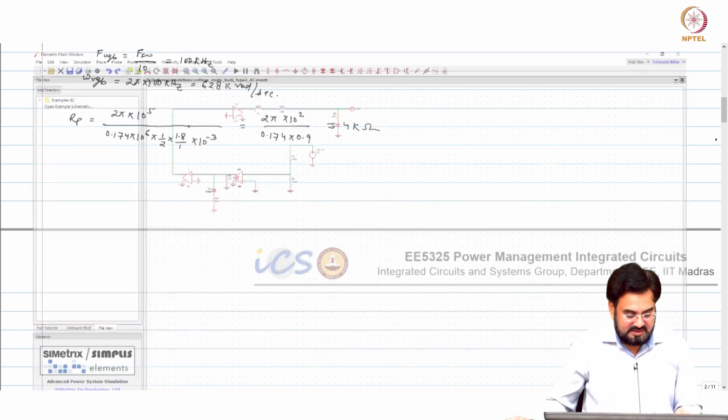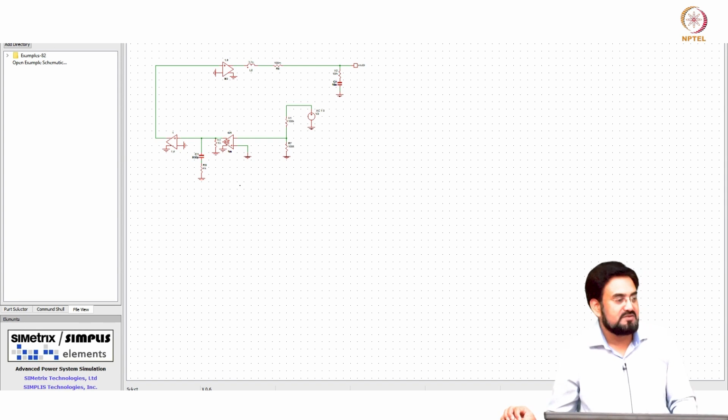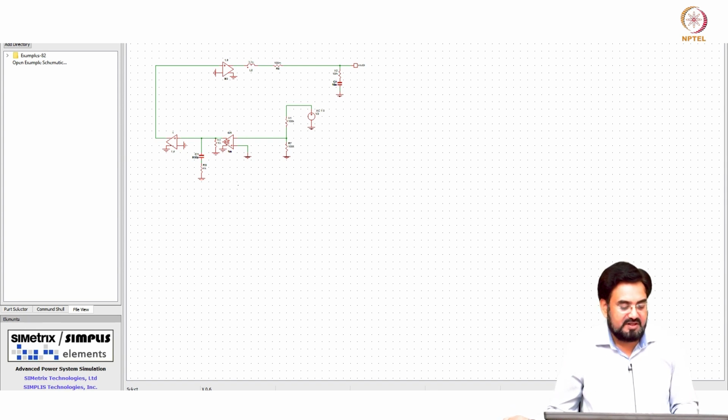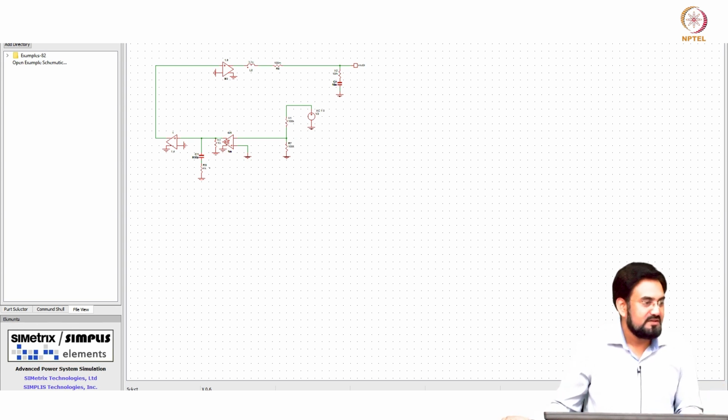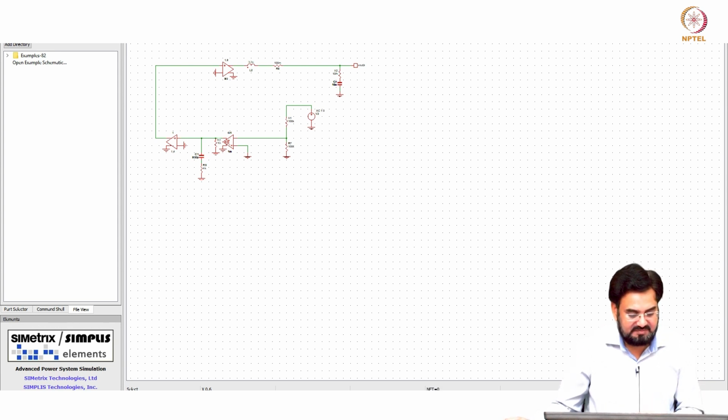So, still if you look at the value, this 800 pico is not small, it is huge to integrate on chip. Usually we look for less than 100 picofarad or so. So, which means you have to reduce the GM. If I reduce the GM, then I can increase the value of R to get the same gain, and I can reduce the capacitor. So, let us say I make 100 micro this. So, this will become 40K and this will become 80 picofarad. So, let us see if we get the same thing with that.